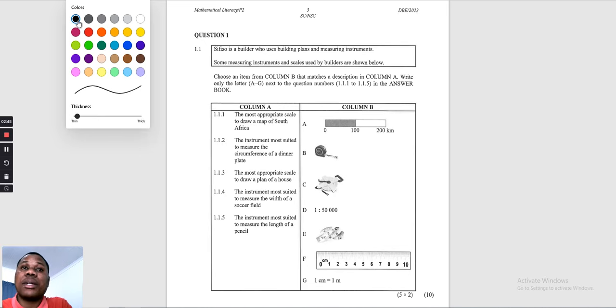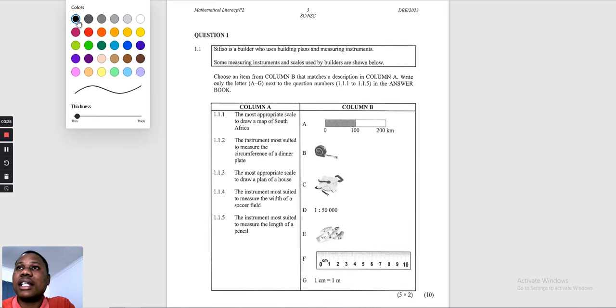So let's try to talk about those. The first one, we are given a bar scale, and the second one we're given the steel tape, and the other one is also a tape, but this tape is used to measure long distances. We are also given the number scale in D. In E, we are given another tape, but this tape is used on smaller items, like circular items. Then in F, we have a ruler. In G, we have a number scale as well, but this one can be used on house plans.